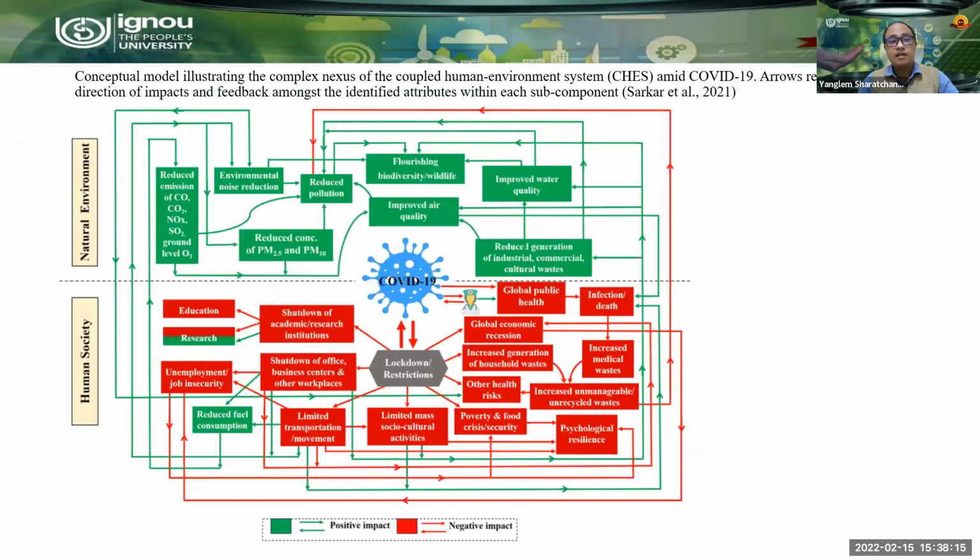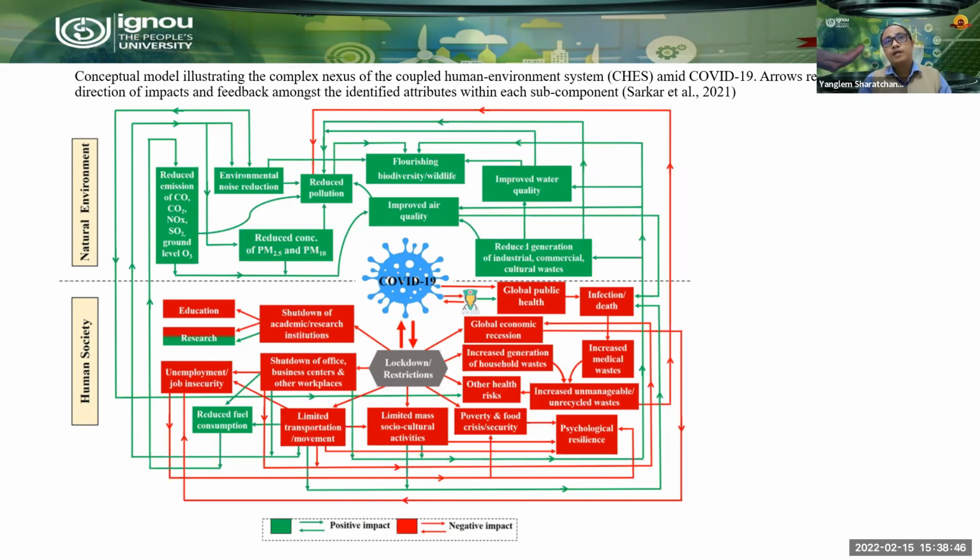Here, this clearly explains what kind of natural environment is going through this lockdown of COVID-19 in a positive way, for example, and what kind of effect we are having in human society because of the sudden surge of COVID-19. The social system, the education system are affected, then research also, up to some extent.